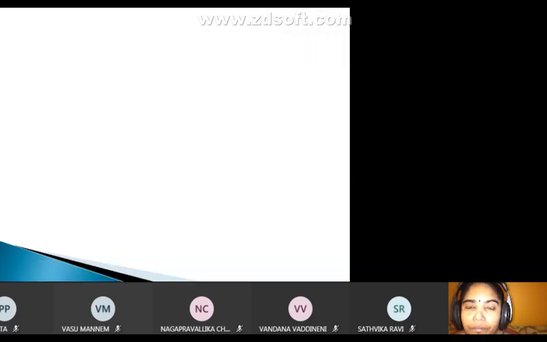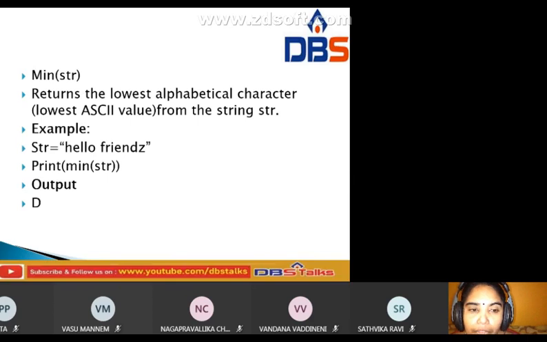Next, another one is min of str. Minimum returns the lowest alphabetical character, the lowest ASCII value from the string str. For example, take str equal to hello friends. Which is the minimum ASCII value?